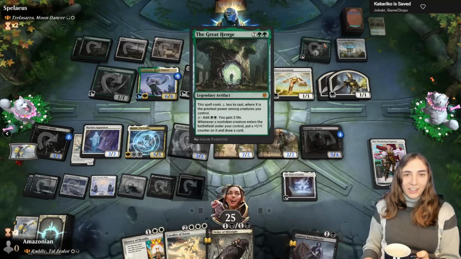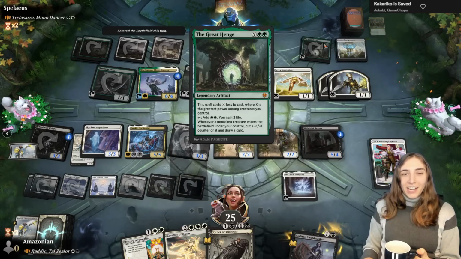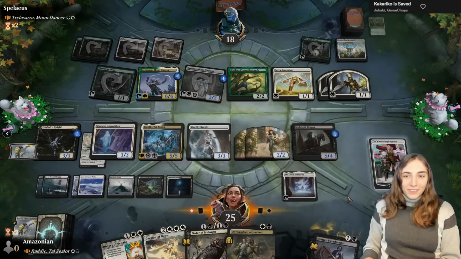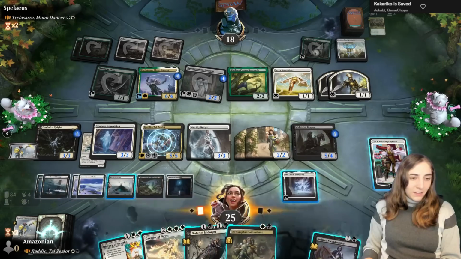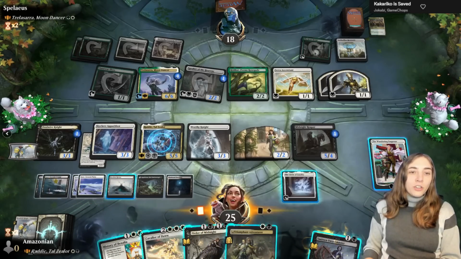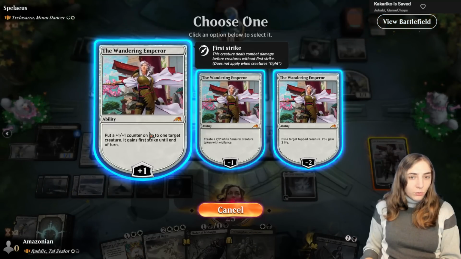This is part of the same cycle as the Great Henge. But the Great Henge is so much better than the Circle of Loyalty. Oh, what do we want? I know what I want. I want to destroy the Great Henge, but I'm going to do it after combat. So we're going to start with...